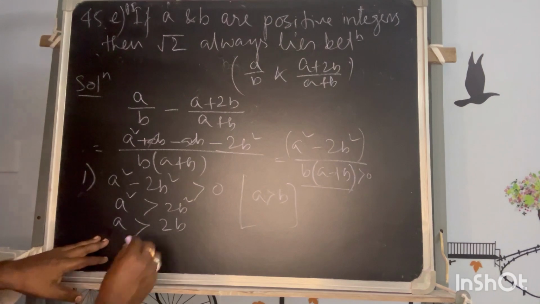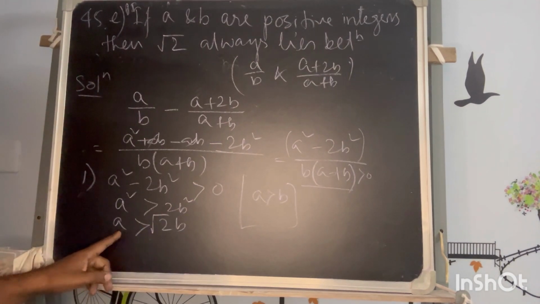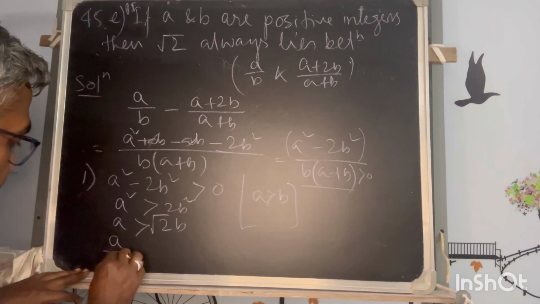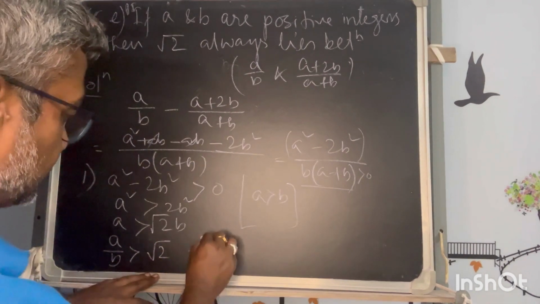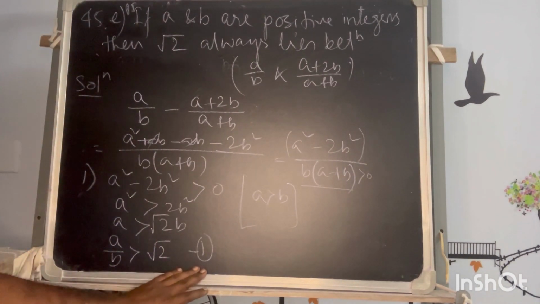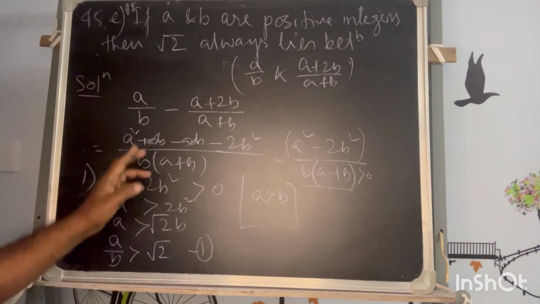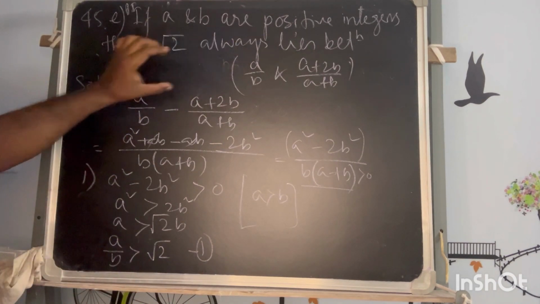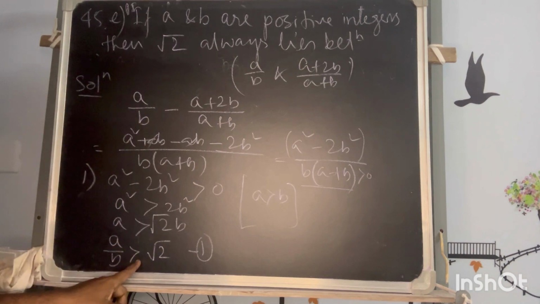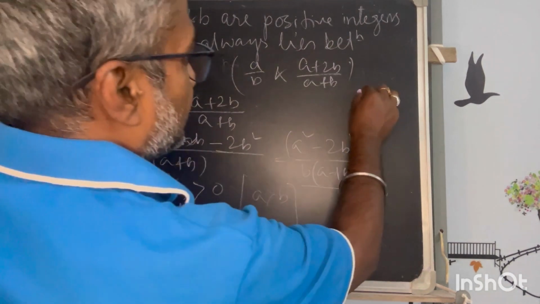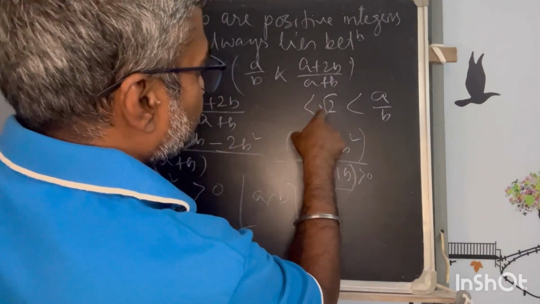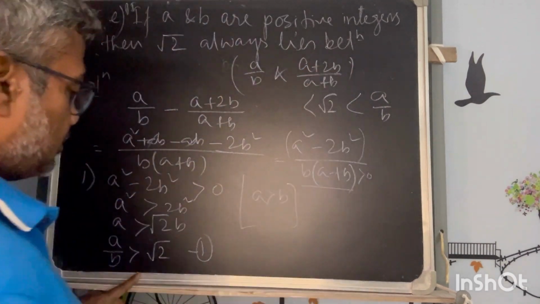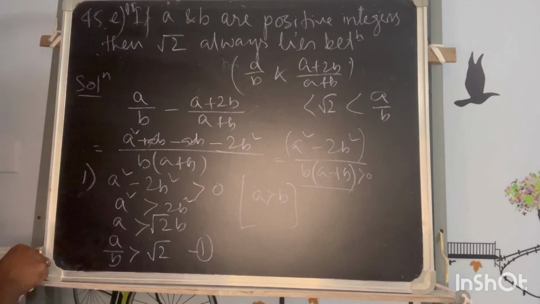Okay, so root 2b. Fine. So now from here a by b greater than root 2. The first condition I have got. Okay, if it is 2, so this, the first range, is that a by b, because this has to be one part. So a by b, what I am getting, it is greater than 2. So the higher range I have already got. So now this has to be proved, it is more than this. Now for that I have to